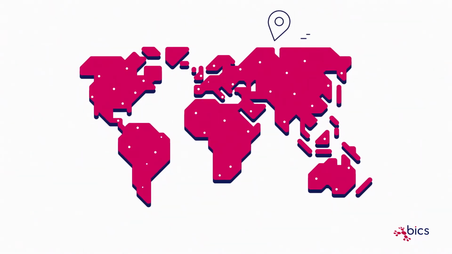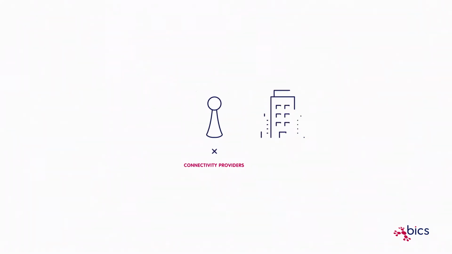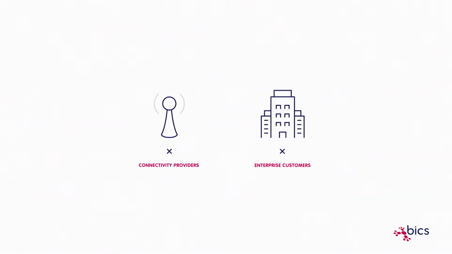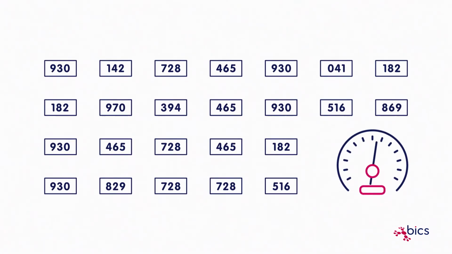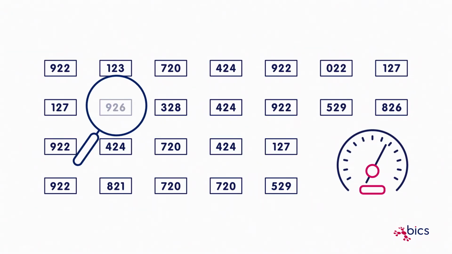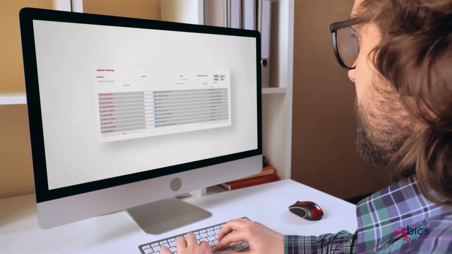This tutorial will demonstrate how you can use the platform to choose the best location to peer with a certain network. Connectivity providers will be familiar with the importance of delivering good quality of experience to enterprise customers. This, in turn, relies on the usual quality of service parameters: packet loss, delay, and jitter. The biggest cause of poor quality of service is delay or high latency. With Instant Peering, you can choose where to peer for the lowest latency at any given time using BICS' specially